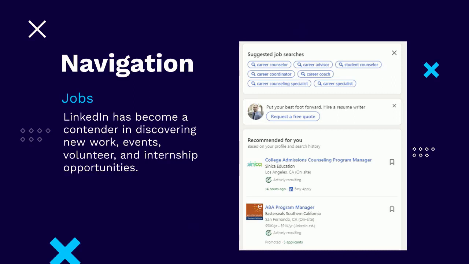In this particular tab section, you can see that they already have recommendations for me. There is a college admission counseling program manager position at Seneca Education here in Los Angeles. It was posted 14 hours ago, so it's very fresh, right? Sometimes when you go to other websites such as Indeed or Monster or any other job search sites you may have, you don't always know when the job posting is going to come up. Here you can actually set